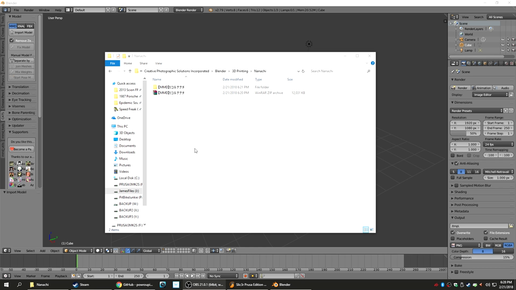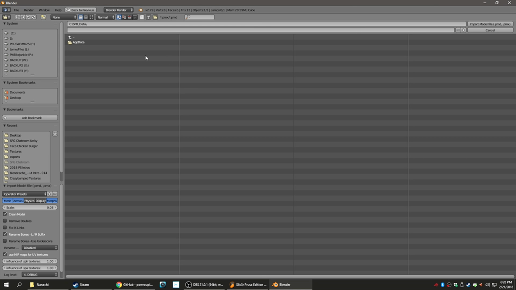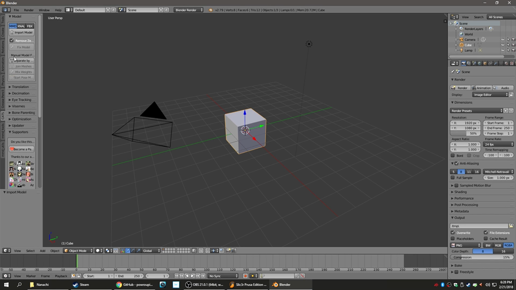Okay, so now that you have the files extracted, you will need to go to Blender, and in Blender you will need the add-on CATS, C-A-T-S, and then you will also need the add-on MMD Tools. And if you install CATS and then you don't have MMD Tools installed, it'll kind of give you a link to install it. If you don't know how to install add-ons in Blender, then this tutorial is probably a little too advanced, so maybe don't worry about it until you learn Blender a little better.